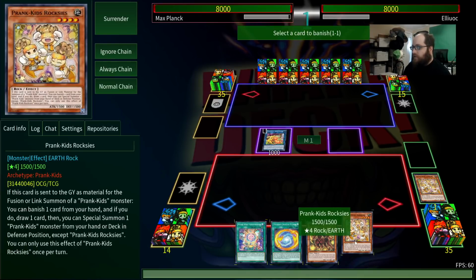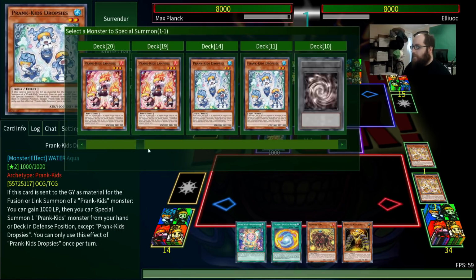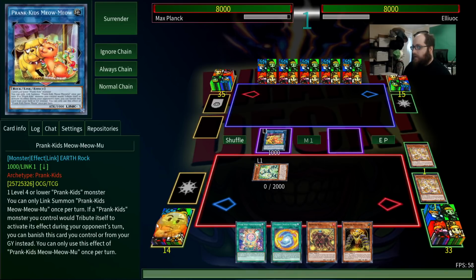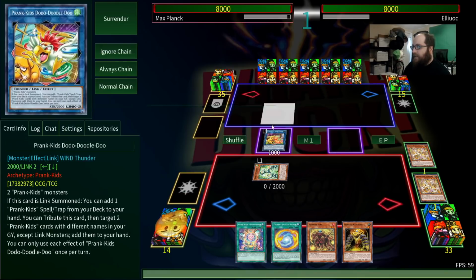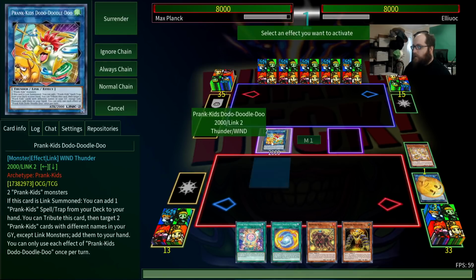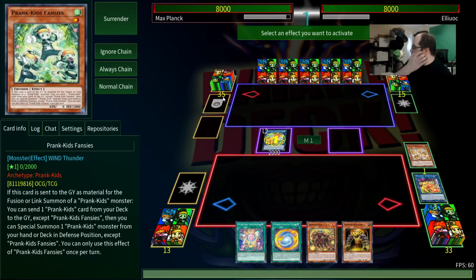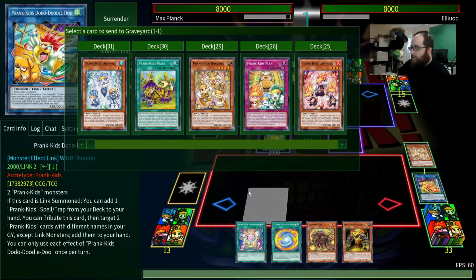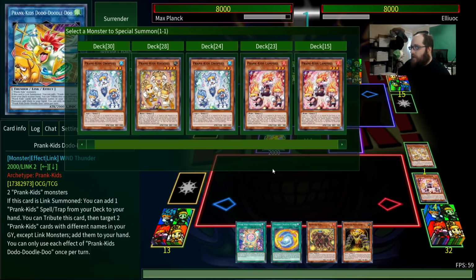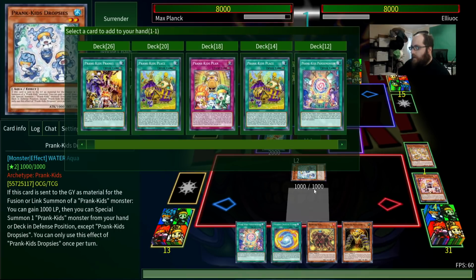So we'll use this. We'll banish that. Special summon. You know it, buddy. We're special summoning all over the place. There we go. Let's go ahead and make a doodly-doo. And then, because we've already got the fusion, and because we started with Roxy's, we're going to use Fansies to dump the fire one. And then summon the water one. And then this will get me,